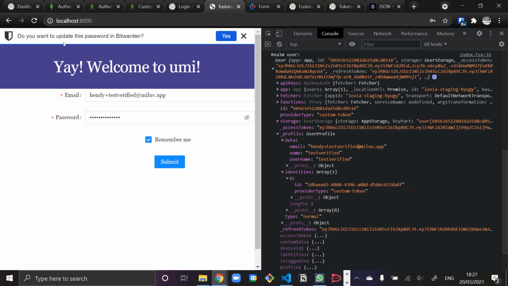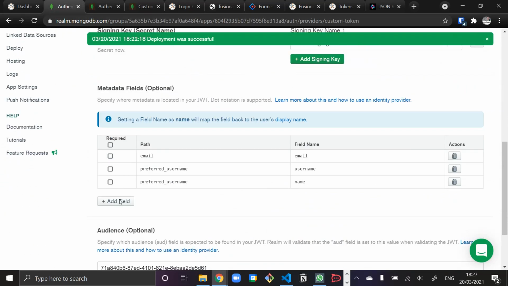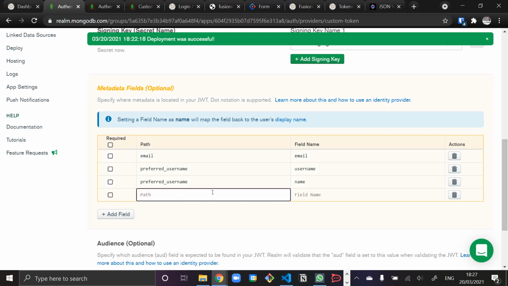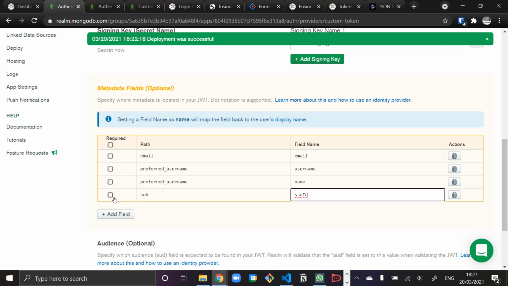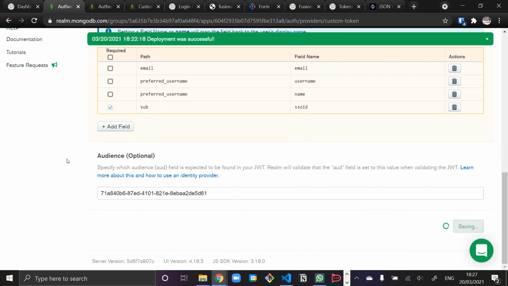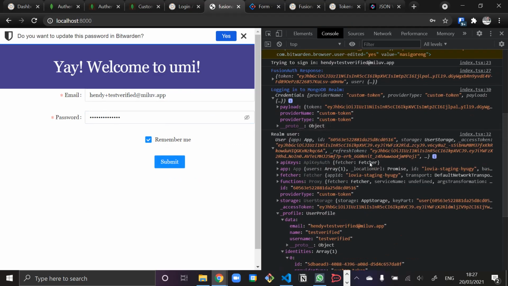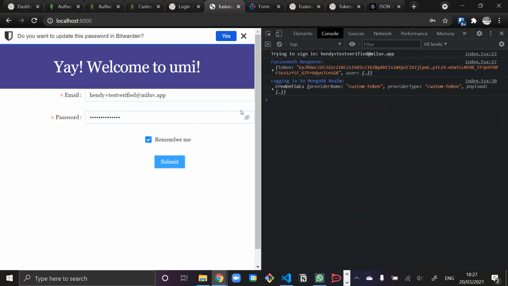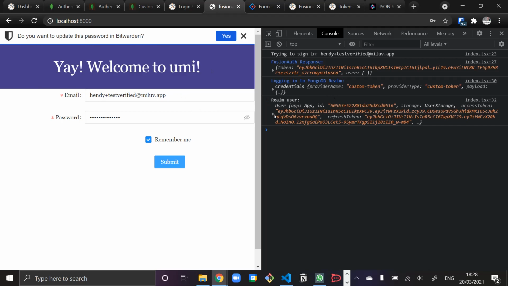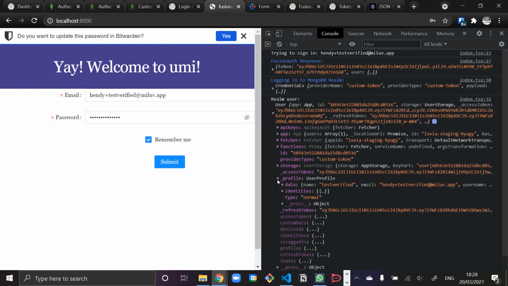That's nice. I think I should have put the ID inside of the data just to make it much easier to access. It's probably a nicer way if I just put it like this as the SSO ID, for the next time. But I can do this again because it always refreshes. So I can log in again, and then I get this Realm user. And if you see the profile,